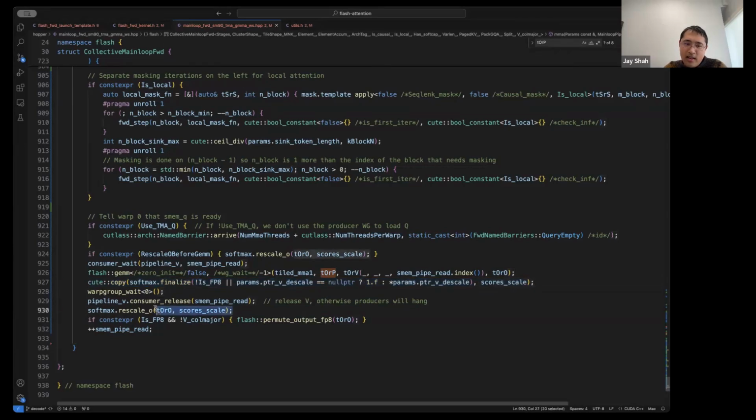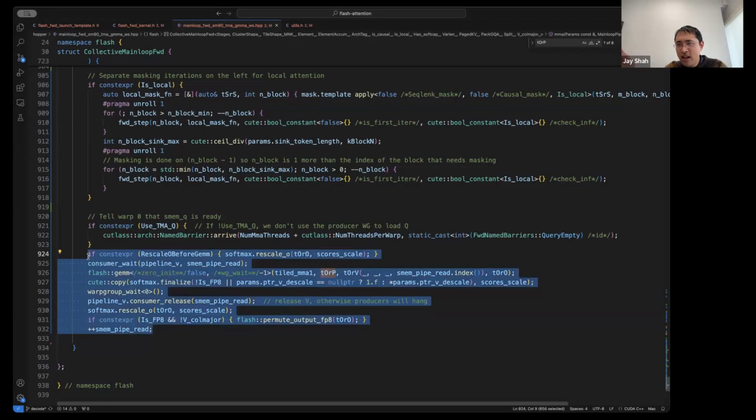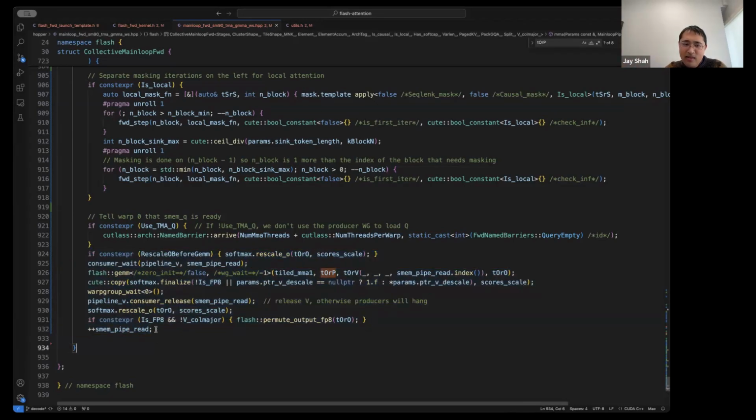Rather, it copies the normalization number to score scale, and then I rescale that. So there's some epilogue logic, or rather tail logic. At the conclusion of this method, the output is ready to be written out without any further compute done to it. So then the collective epilogue will store it to global memory.